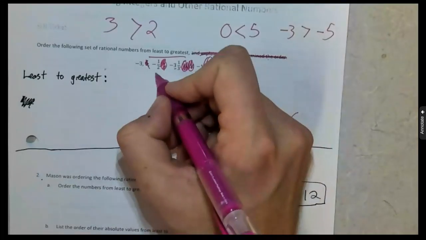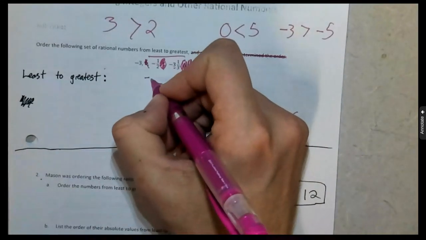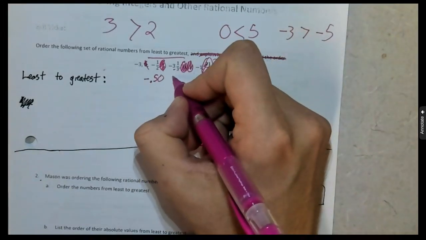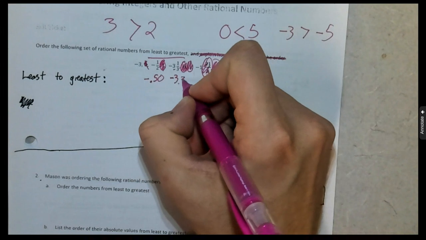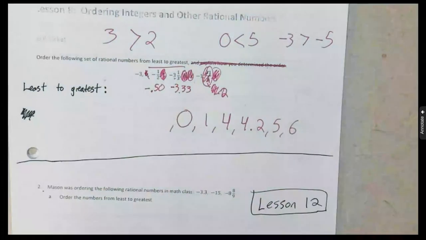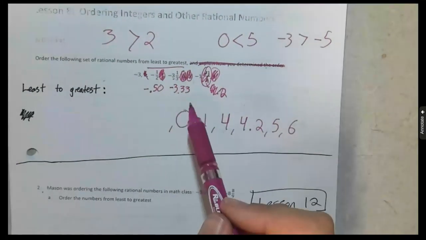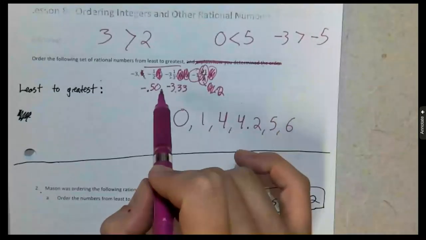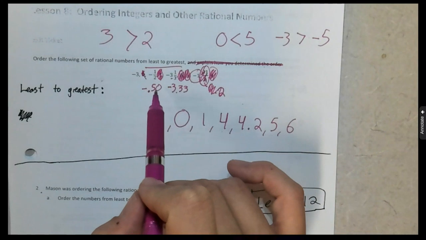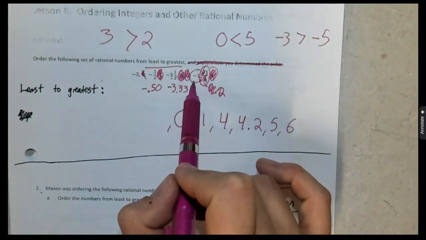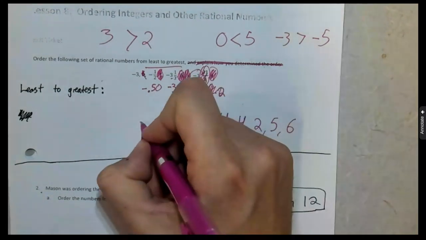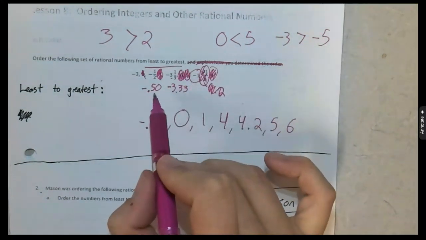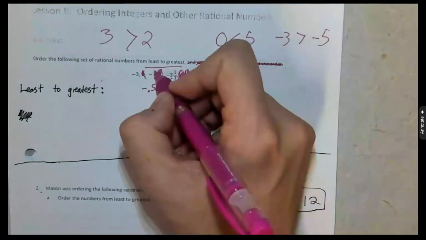Well, -1/2 is the same thing as -0.50. -3 1/3 is -3.33, and it will keep going. So let's look at this option here. -1 is -1. Would you rather owe someone 50 cents, or would you rather owe them $1? You would rather owe them less money, so -0.50 is greater than -1. Okay,